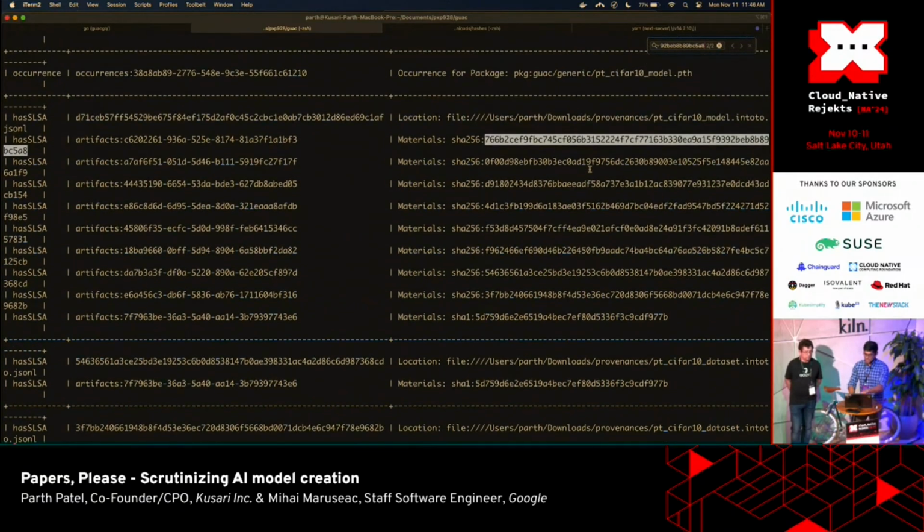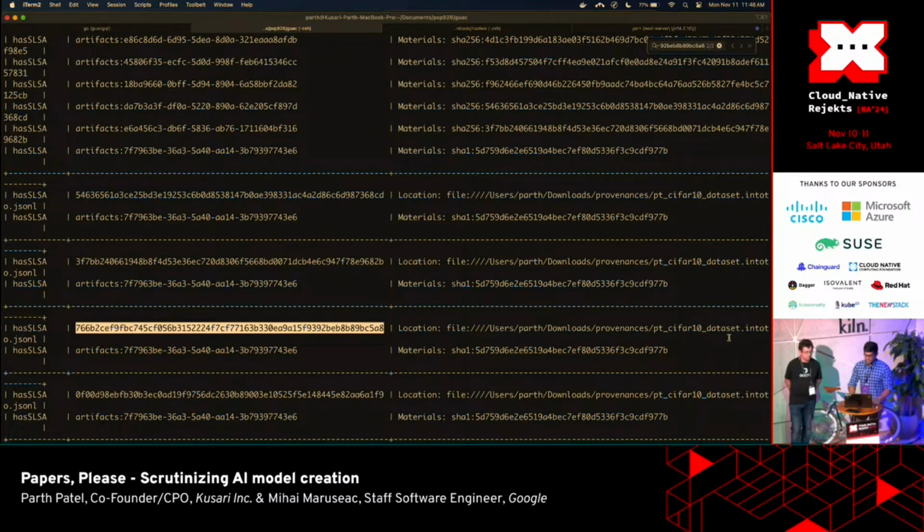You can see this material has its own attestation down here, which is part of this data set attestation, and you can see the material that it was trained on. It's going to be recursive, so you can go all the way down the tree and understand exactly what's composed within each layer, and as you go down, you can understand what material is there. This is how you understand where everything came from, right?